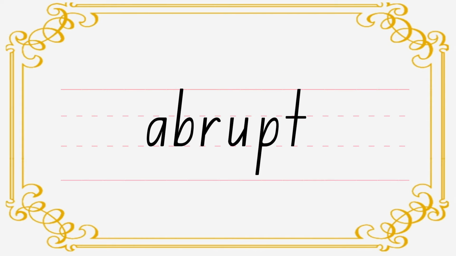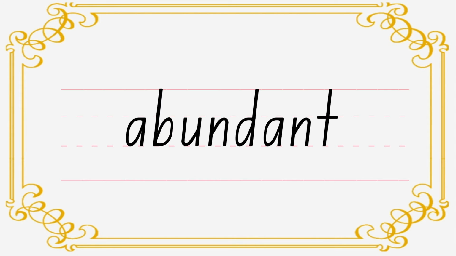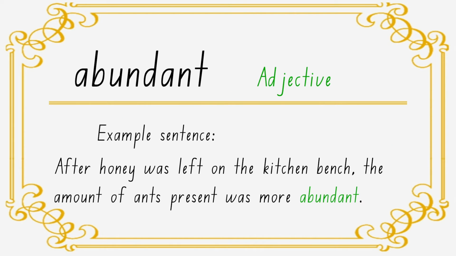This word is spelt exactly as it sounds. A, B, R, U, P, T spells abrupt. The next word is abundant. Abundant is an adjective, and it's used to describe things that are existing or available in large quantities. Abundant is an advanced word for a lot of, but you use it in a different way since abundant is